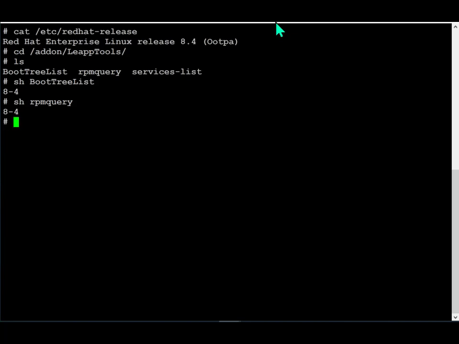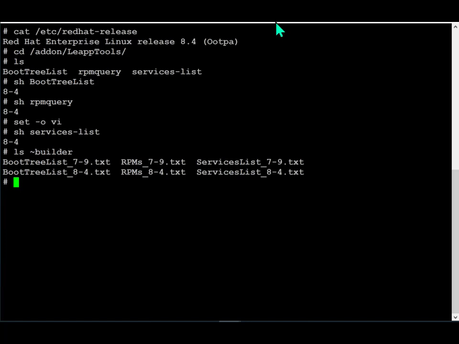We see 8.4. I'm going to set my editor. Maybe that's the reason why I can't do tab expansion. I'm now going to say shell, and I'm going to put in ser, see if that expands. Nope. So we'll do services dash list. And that provided 8.4. So now if we take a look at what is in the builder,